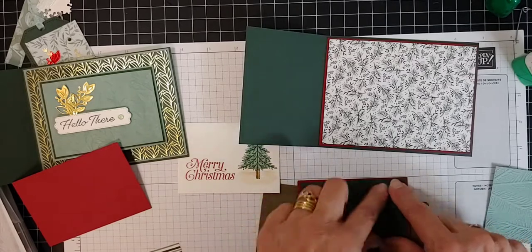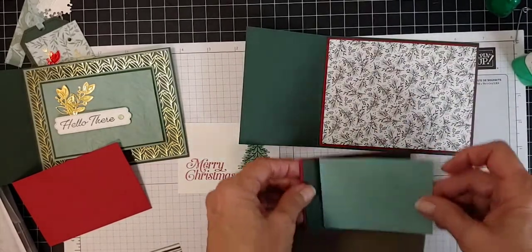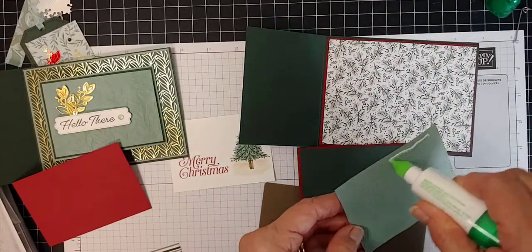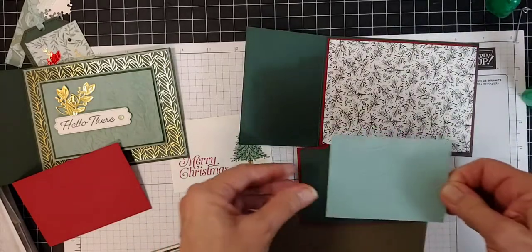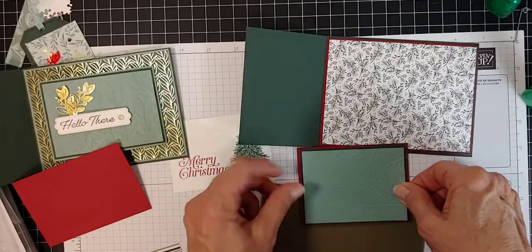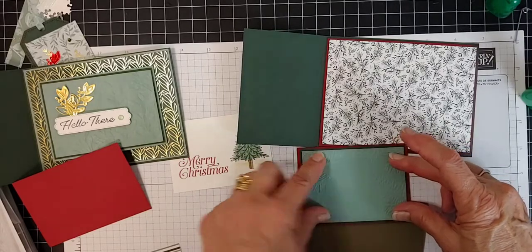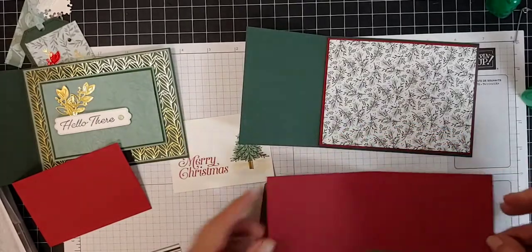Okay. So we're going to get this down, and then I'm going to put this on the top. All right. So we're going to do that. And again, it gives us that wiggle room. So if you get it where it's not quite lined up, you can get it to where you want it. Okay. Now,